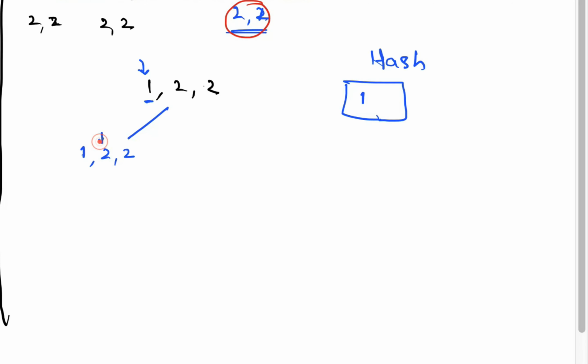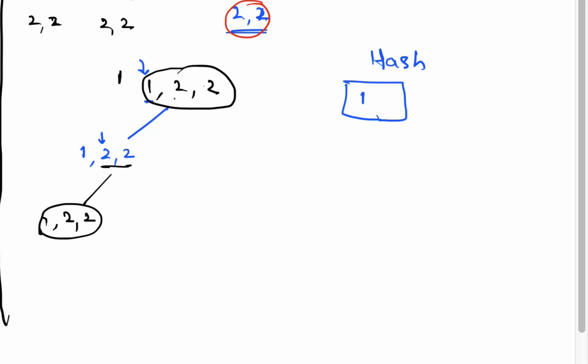In this case, the position is at the second element. We will just be printing 2 2 as we have seen earlier. So this will print 1 2 2, and this will just return back to the first function. Let's call it function number 1. In function number 1, we will follow the same logic. We will swap 1 with 2, but before swapping 1 with 2, we will check whether this 2 is present in the hash set or not.